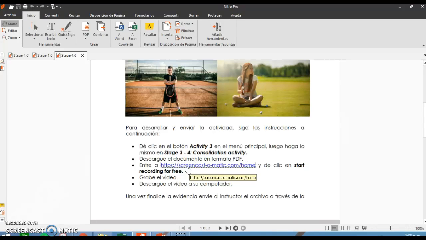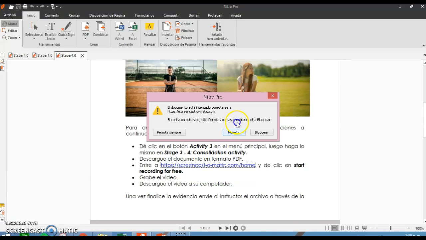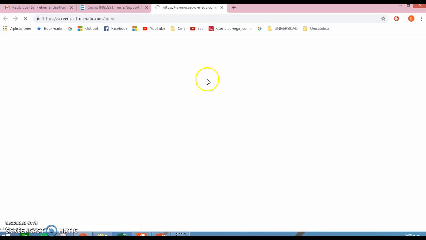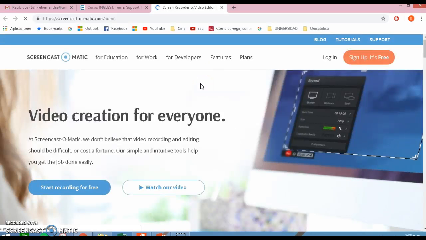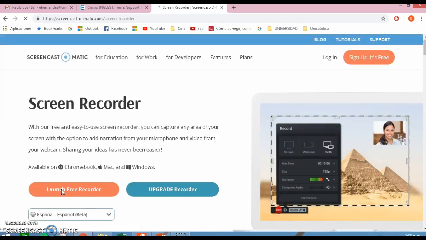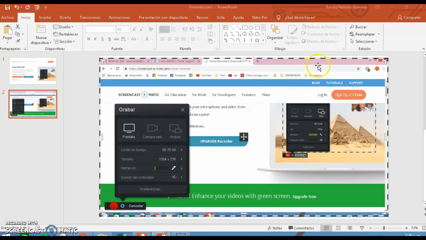So the idea is that you have to get in and click on start recording for free. After that, you're going to find something called launch free recorder. So the idea is you click here, and when you finish, something like this is going to appear in your